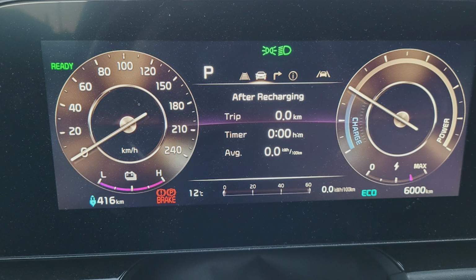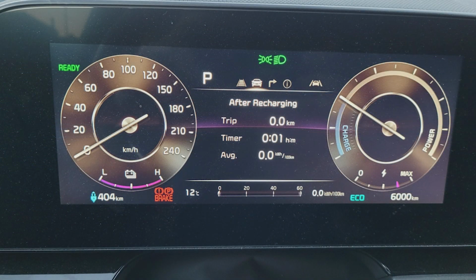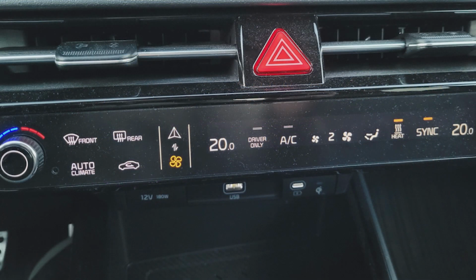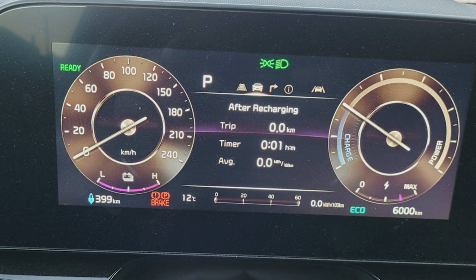And I should say that the full estimate that I'm showing here is with the heat turned off. So I tried to see the impact of a few different heat settings. First, I turned the heat to 20 degrees Celsius with the fan at a low idle speed of 1. The range estimate lowered by 12 kilometers, from 416 down to 404. Then by turning up the fan level from 1 to 2, the range dropped a further 5 kilometers to 399